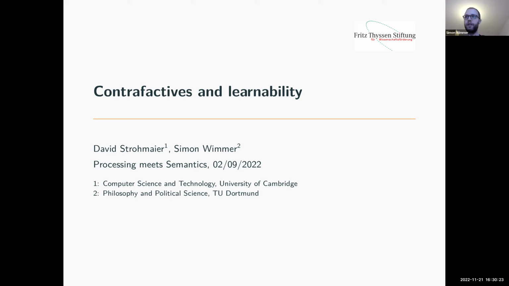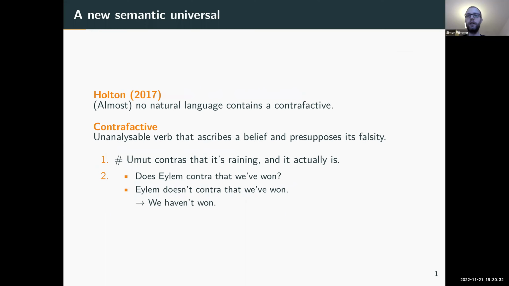So David and I will present jointly. I'll do the first part and then we'll switch to David in the second part. What we'll be talking about today is a new semantic universal proposed in work by Richard Halton. Richard Halton proposes that there are certain verbs that are missing from natural languages across the world, in particular what